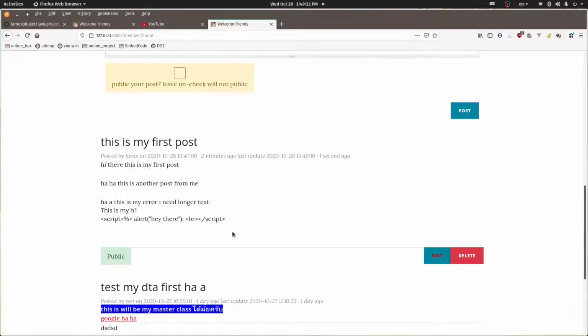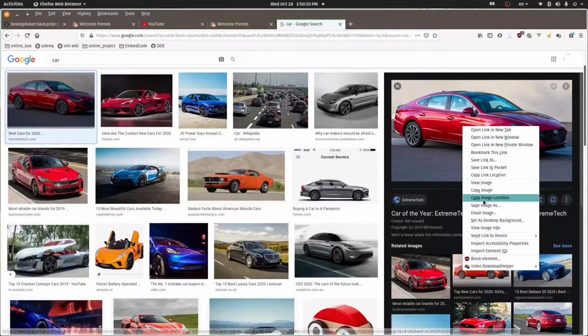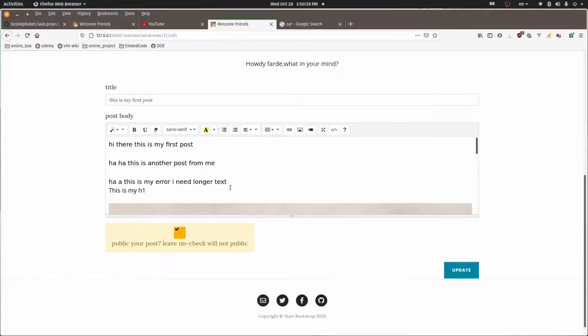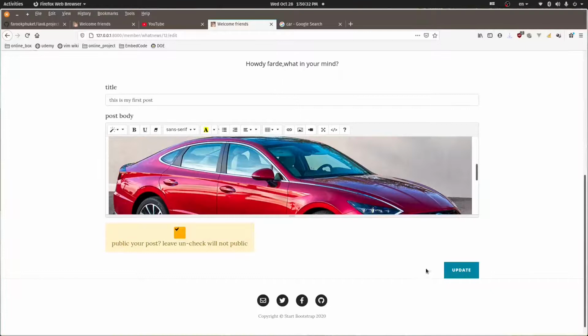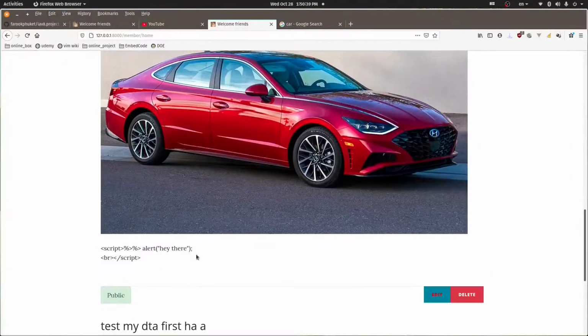What about if I want to put a photo in here? Let's find some picture. Red car is beautiful. So copy image location, put the image in here, insert image. Yeah, I got a car right here. So let's update. You can see my beautiful car is shown right here, except the script is gone.